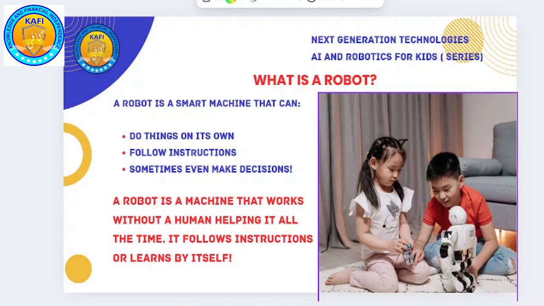A robot can decide that. It will look at the cloth and see, okay, this is white, it will put it separately, and this is colored, it will put them separately. Then it will wash the colored cloth first, and then wash the white cloth separately.